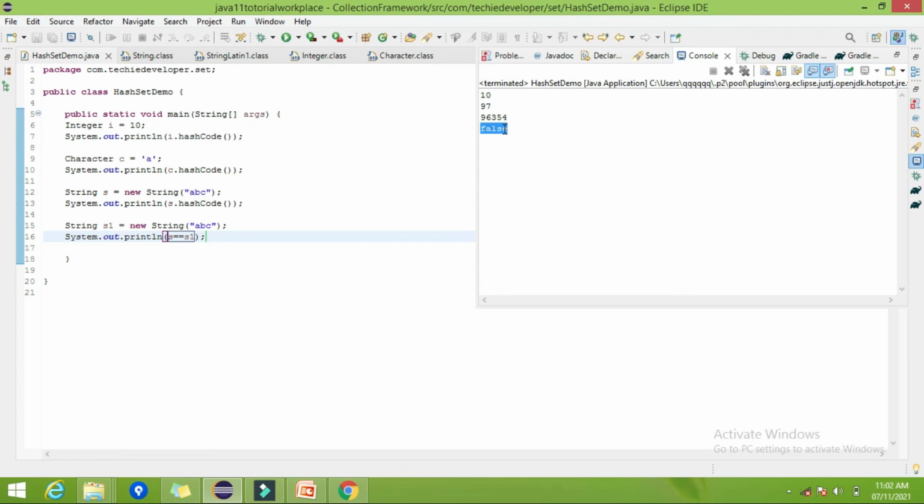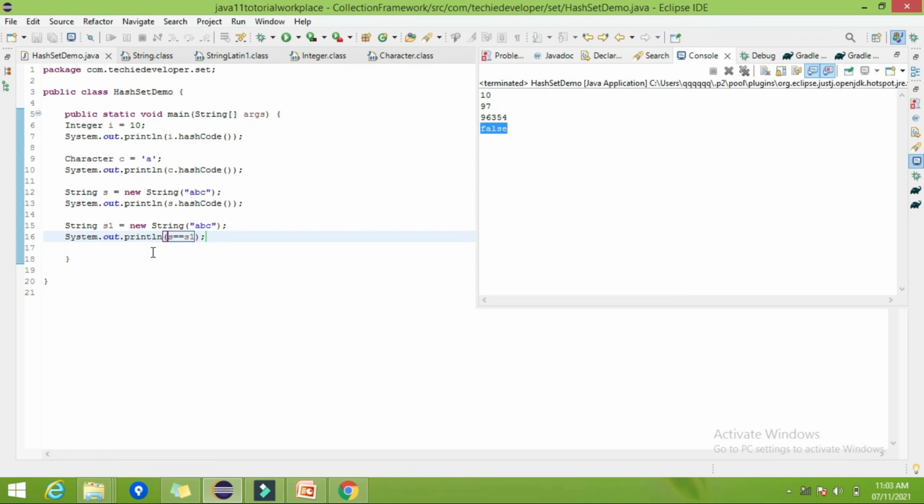For that, String has overridden the equals method also. It is considered in our Object class that whenever two objects are the same, their hash code must be the same. That's why String has overridden the equals method.